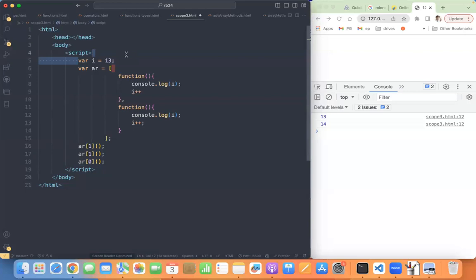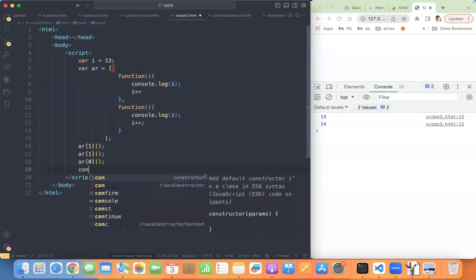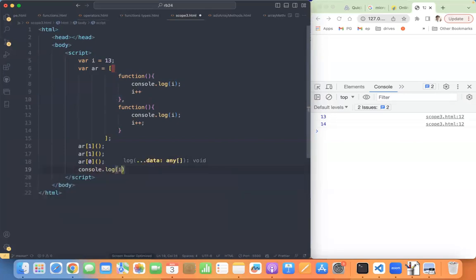13 got incremented to 14, then incremented to 15. So at the time of this call, what is the value of I? Come on, 15. Is it that reason? Yes. So console.log of I, after AR of 0 of I, okay, the answer is 13, 14, 15.